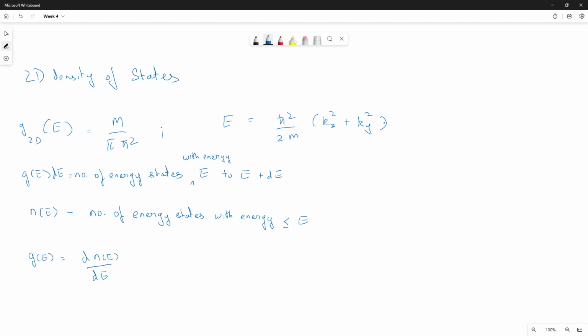Now this is the energy for a 2D system. What is the energy for a 1D system? Let us have a different expression. E_1D, on the other hand, will be h bar squared kx squared, since we are doing kx and ky, let us use that, by 2m. Is this okay?